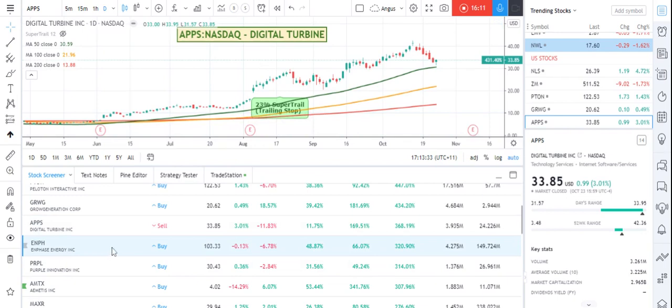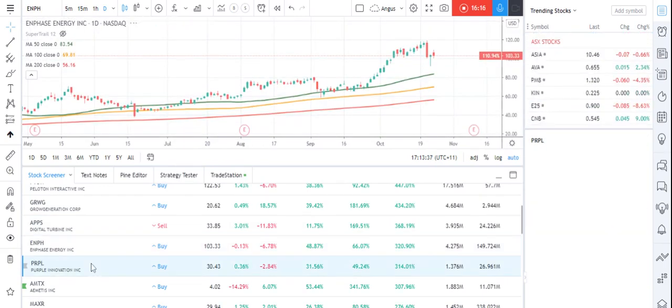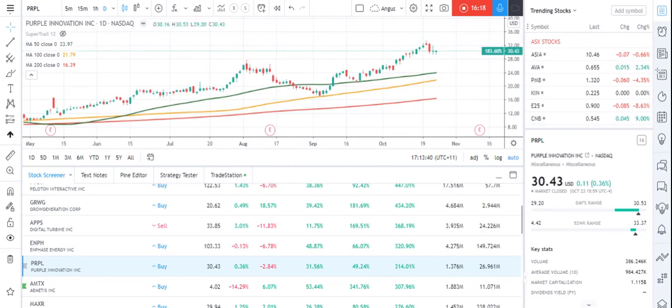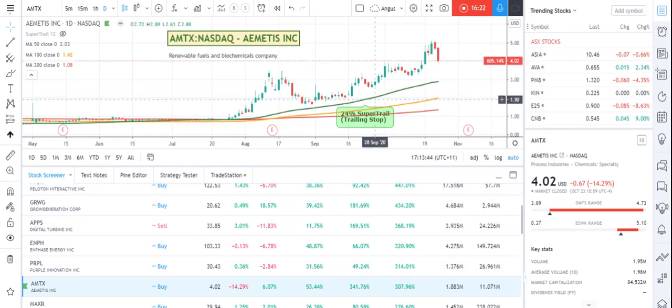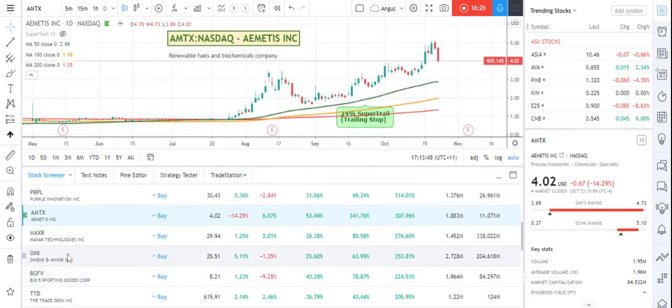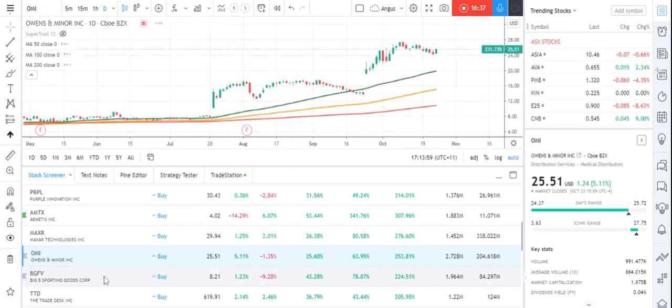Apps. ENPH is Enphase Energy, so again, quite nice and parallel. Purple, I think, is one of these mattress companies, so I'll add Purple. MTX, probably a little bit far away, but renewable fuels, so it's another one that I do like. Maxar's space technology solutions, Earth imagery, so again, fairly nice, but I'm going to start getting really picky, and